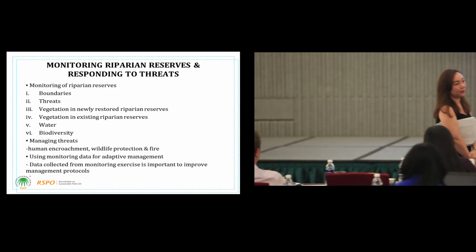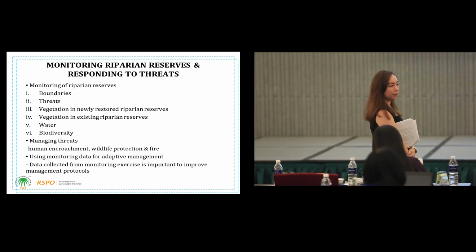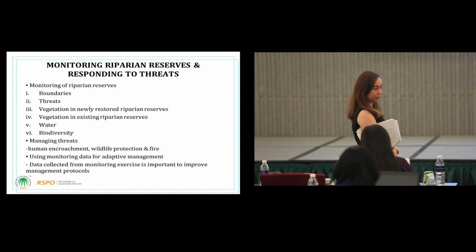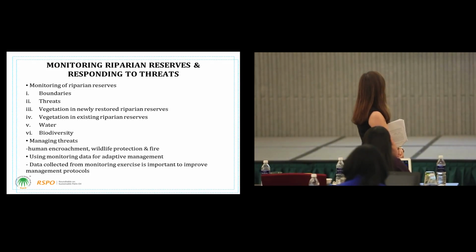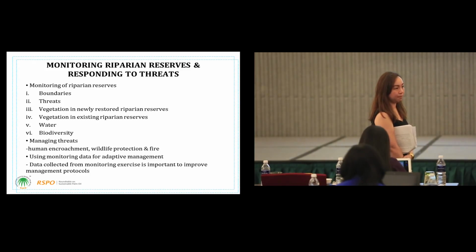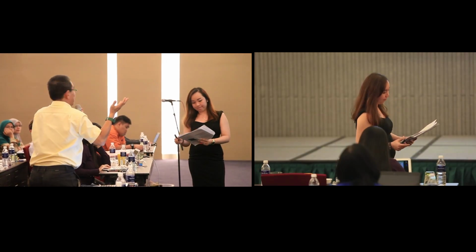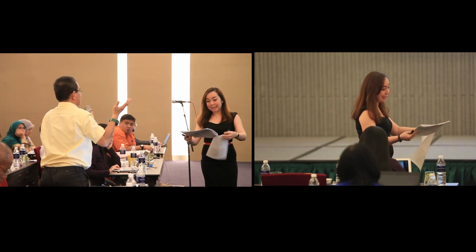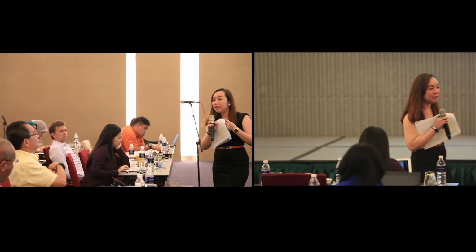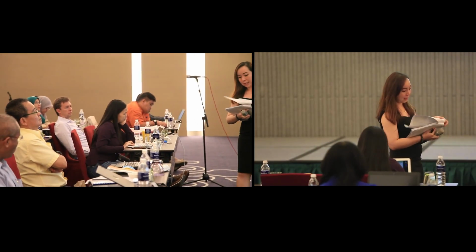There are several things that have been put out, just as examples, in these monitoring activities. My concern now is what sort of parameters we are going to look at in monitoring the threats. For example, in the water, what sort of parameters are we looking at? Biodiversity, what sort of parameters are we looking at? That is actually very important. For example, for water: total suspended solids, pH. It is described in the guidance document.